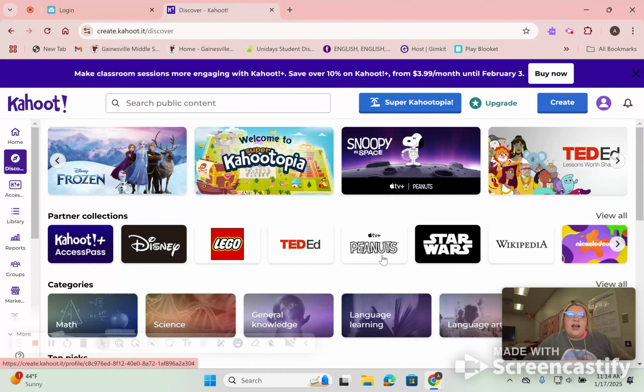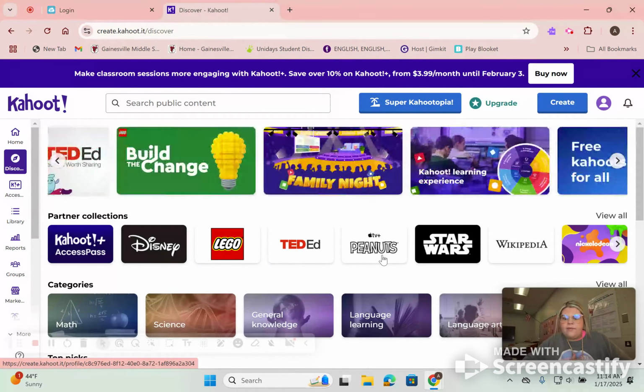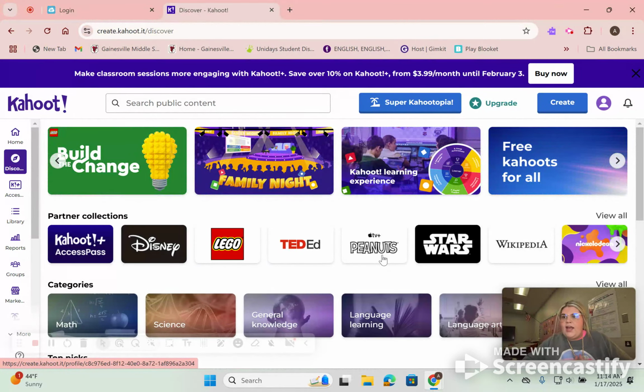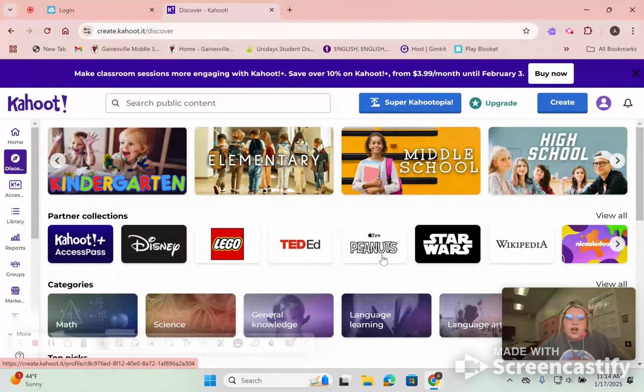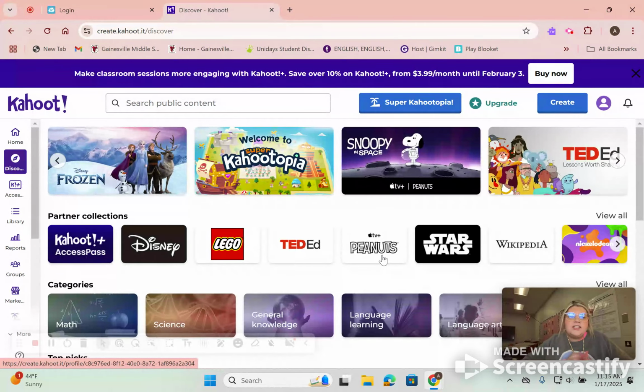So this app is awesome. I think that it's very engaging. Whenever I play this with my students, they love it because of the competition and the interactivity that it just adds to my lessons. So I think that this is a great resource and I hope you give it a try. And if you've used it before and didn't really like it, they have made major upgrades. So try to use it again and see if you can figure it out. There's tons of stuff to play with on here, and you can really just make it